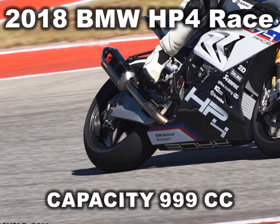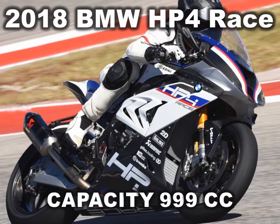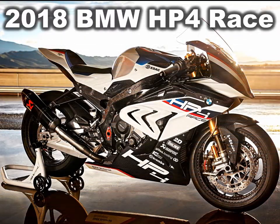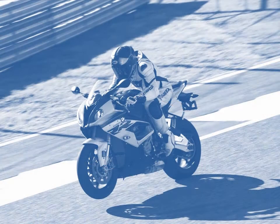A 2D digital instrument panel provides an array of info for the rider, including RPM, lap times, and traction control and engine brake torque settings. The ECU also has launch control, wheelie control and a pit speed limiter. Additionally, the system has a mechanic mode that shows logged data such as throttle position, suspension travel, brake pressure and